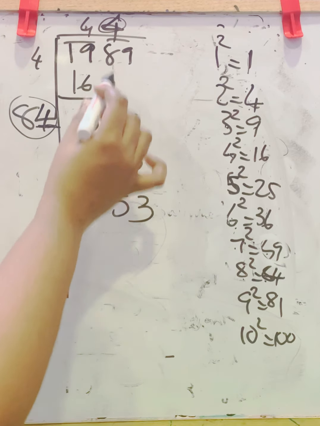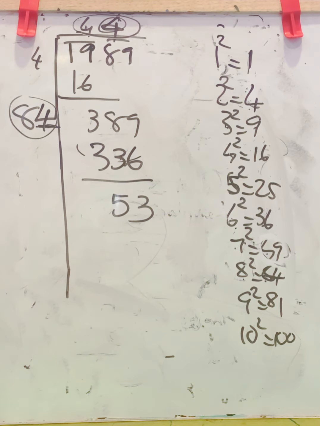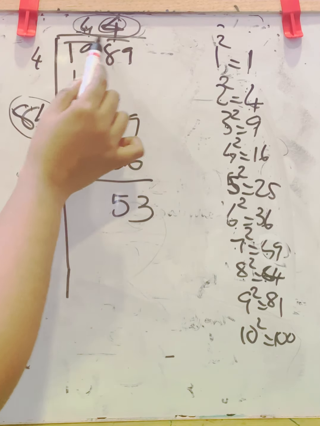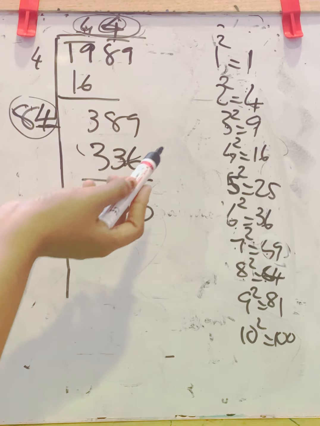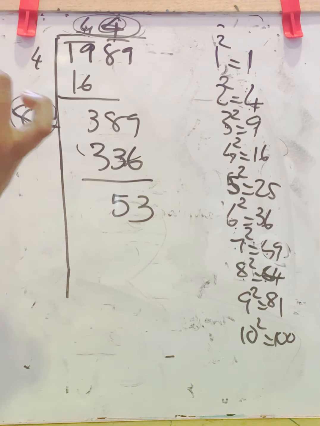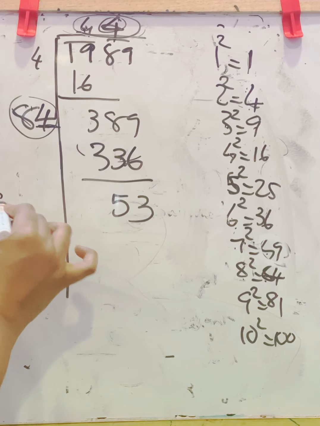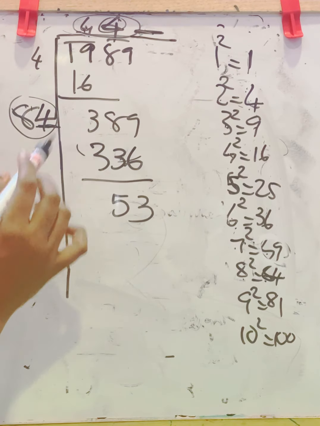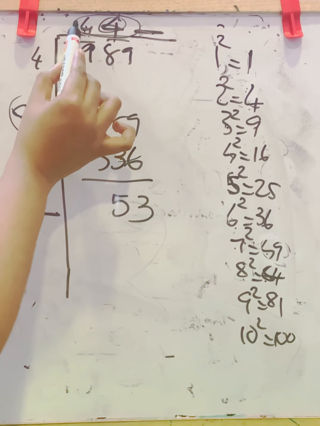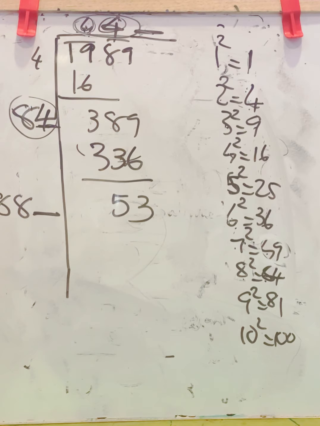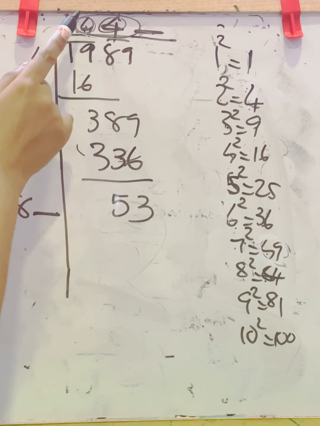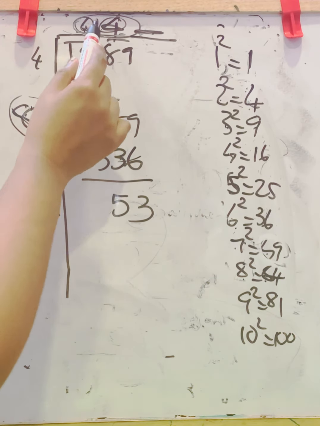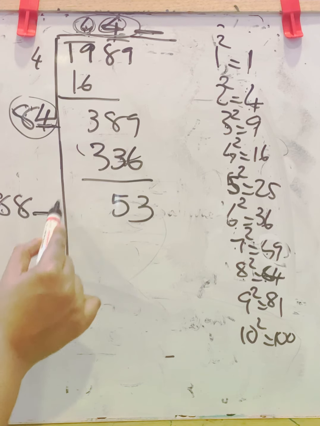Now proceed. Here, what is the number? 44. Before, we doubled this number, 4 plus 4, 8. Now this is 44. Double that number, 44 into 2 or 44 plus 44. You can do that. 44 into 2 is 88. Now put a dash here and the third digit here. Okay, don't get confused. In the earlier step, we doubled this number only because there was only one 4. So you put here 8 because 4 2s are 8. Now dash and dash. Now in this step, we have 44 here. So double that number, 88. Now put another dash and dash here.